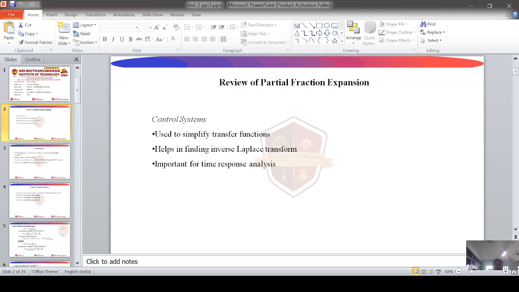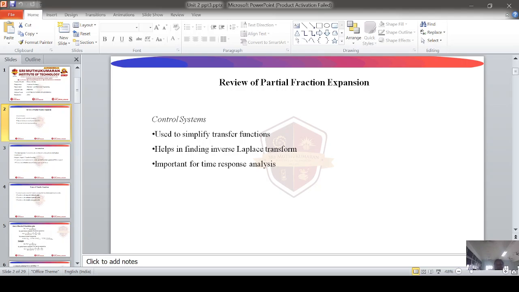Now I am going to present a brief review of partial fraction expansion, which is an important concept in control systems engineering for the time response analysis. The importance of partial fractions is that they are used in control systems to simplify the transfer functions. It helps in finding the inverse Laplace transform easily, and it plays a major role in analyzing the time